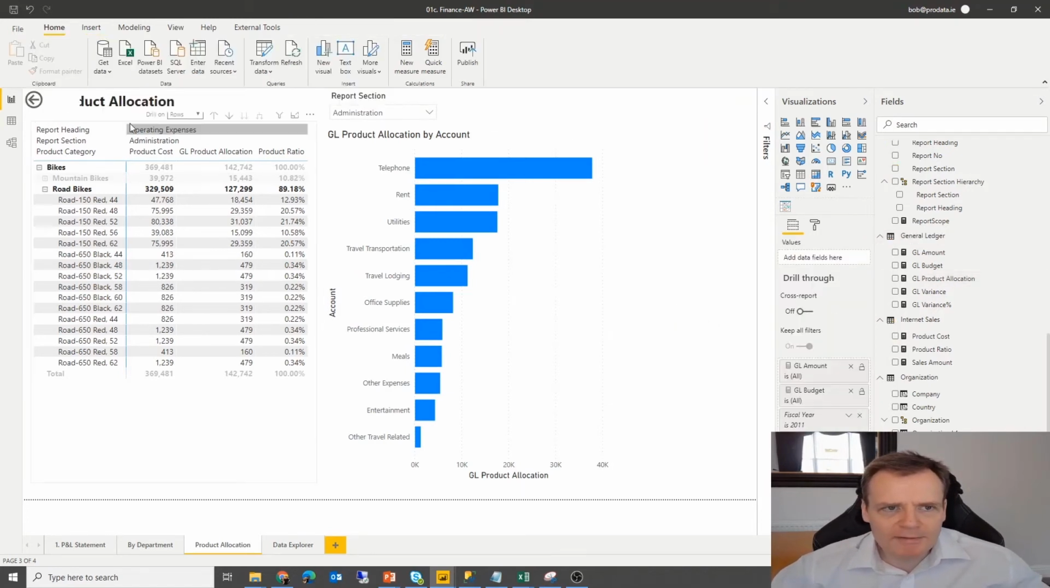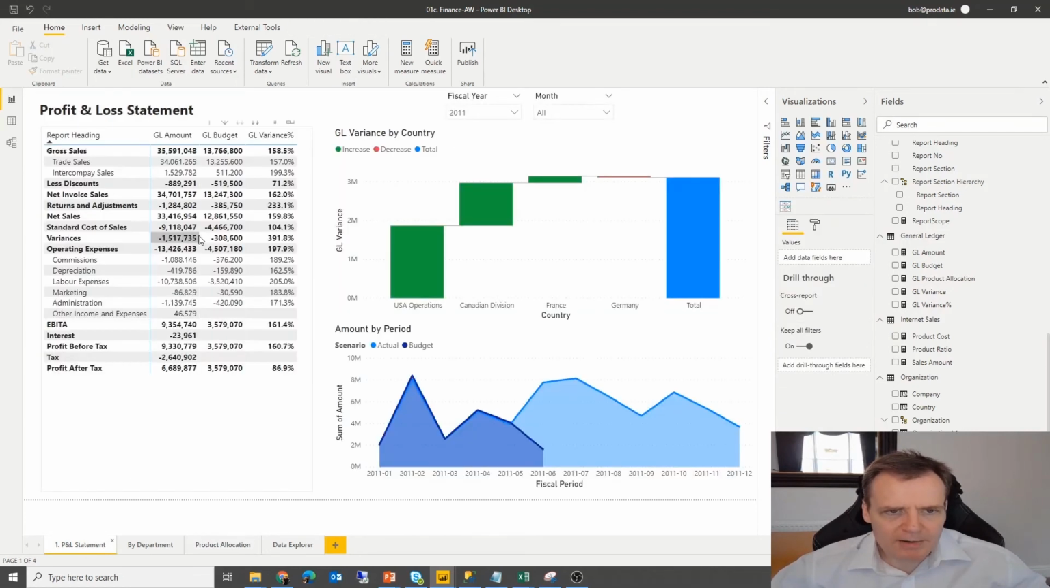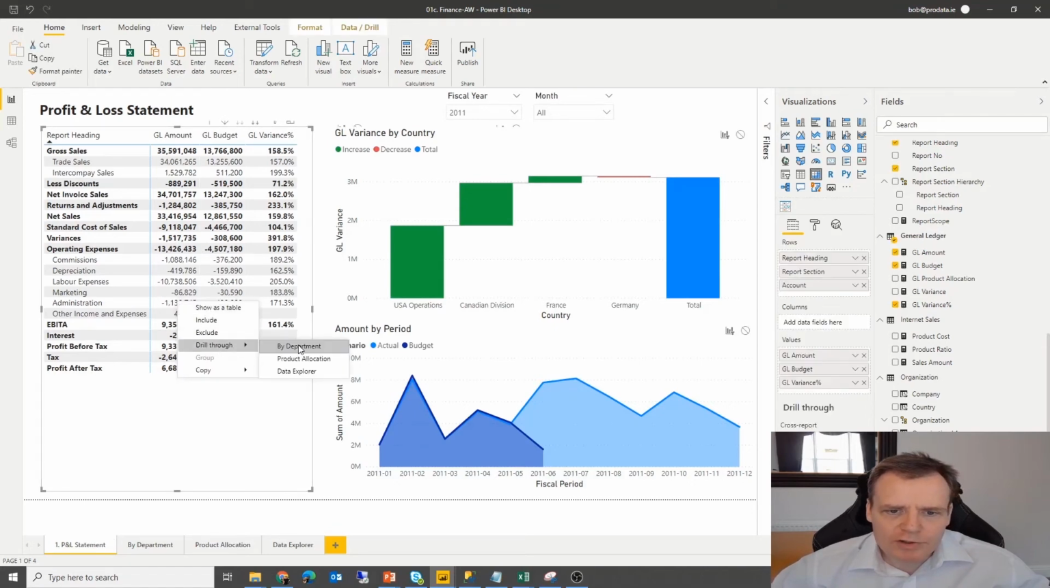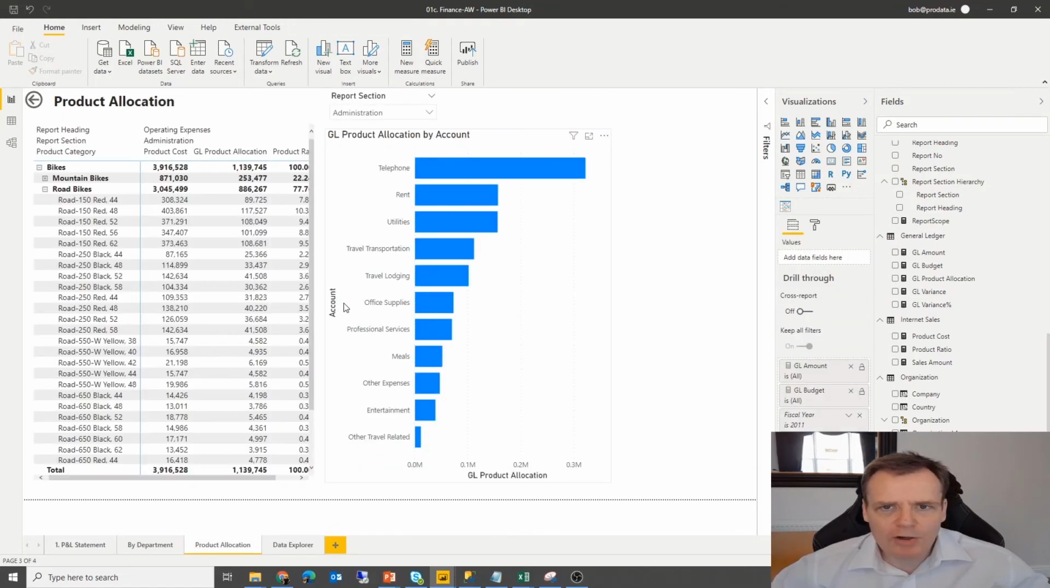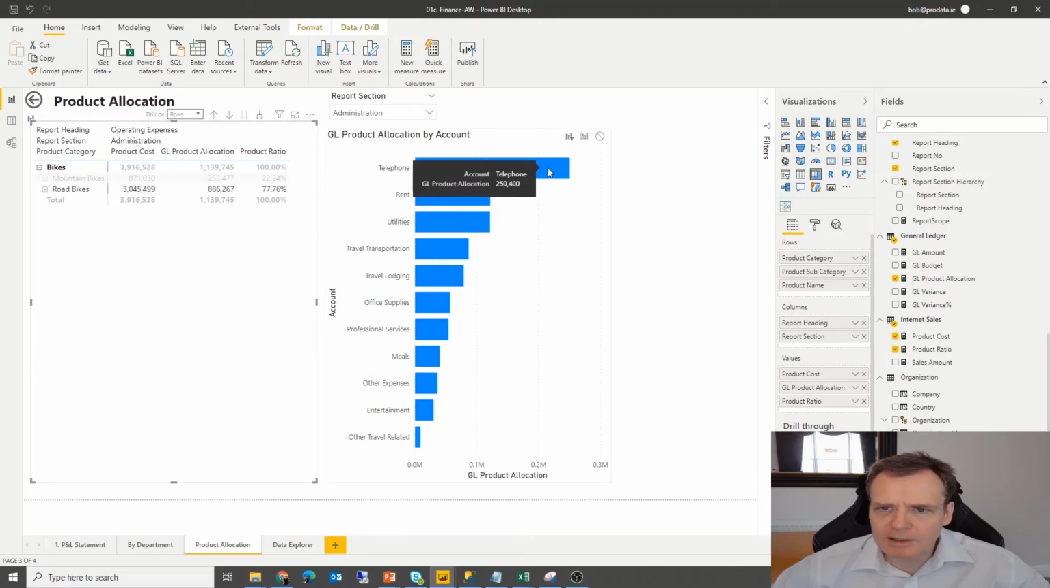So now once I've done that, I can get that desirable behavior where I'm in the P&L statement, and I can right click on my administrative costs and drill through to see the allocation of that particular cost by product. And also I might see it by account as well. So these are the actual account codes that make up administration. So I can say, well, what share of costs am I going to give road bikes? So road bikes are going to pay this much, and mountain bikes are going to